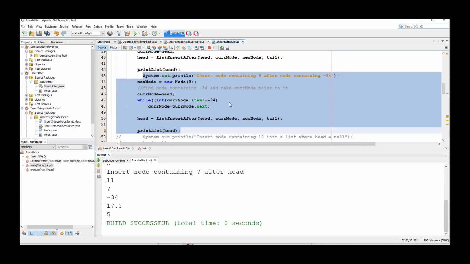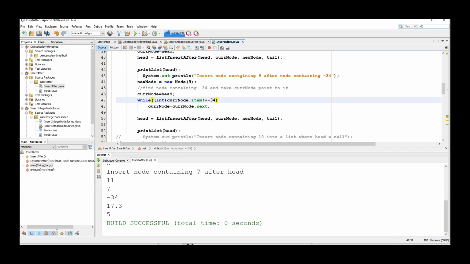So let's look at this. Now we're going to put a 9 after the node containing the -34. So the -34 is somewhere in the middle. We're going to stick a node with a 9 in after it. So we make ourselves a new node with a 9 in it. We have to find the node with the -34. So I'm going to start my current node at head,